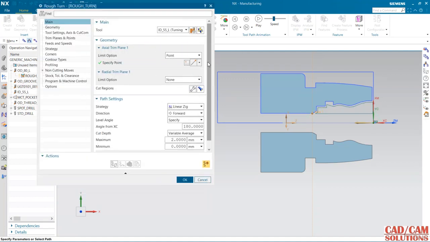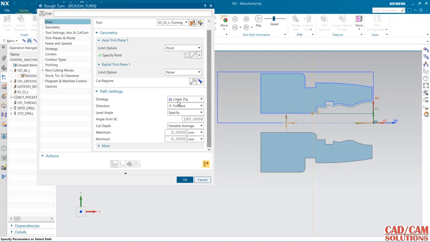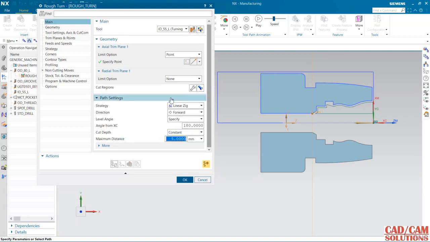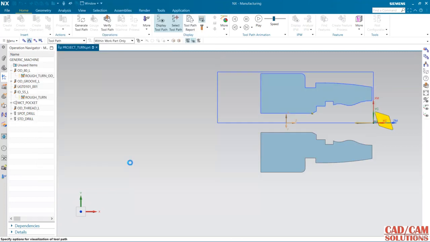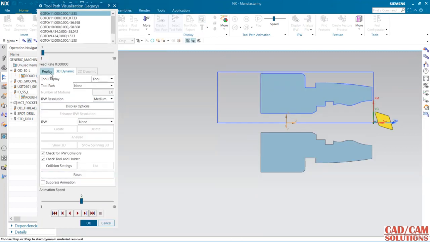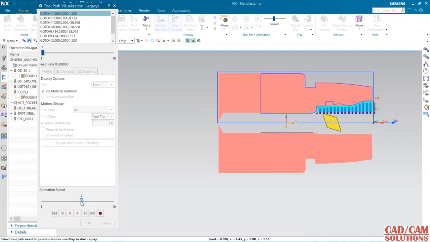Okay, so my method is jig, linear jig, and forward 180 is the angle, and here the depth of cut is 1.0, and generate, and you will see the result. Verify in 2D replay,